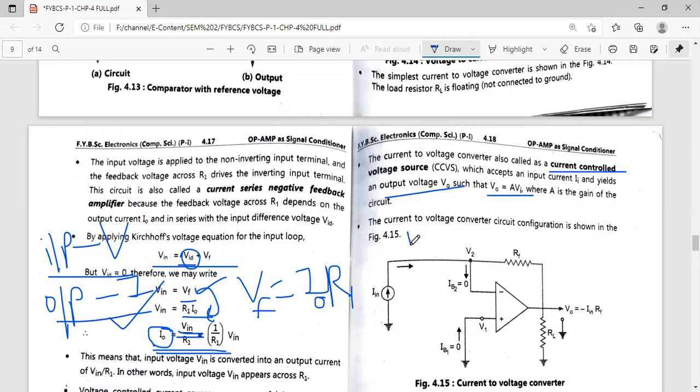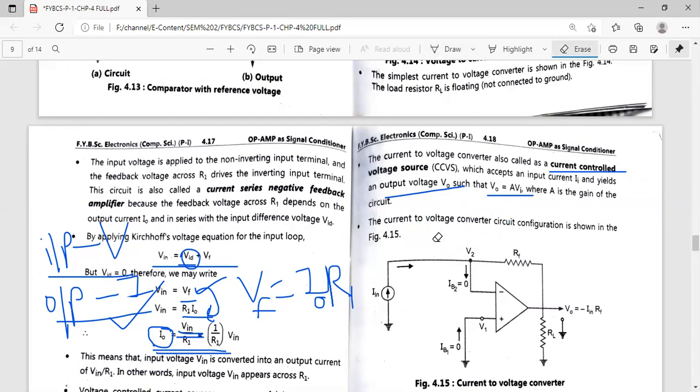What your operational amplifier is going to do is amplify the input voltage. And what is that output voltage? V out, which is equal to A times your V in. What does that mean? A is the gain of the op amp and V in is your input voltage. So if your input voltage is, suppose, 2 volt and your gain is 2, then 2 into 2, output voltage will be 4, correct? So your input voltage gets multiplied and that will be produced at the output.